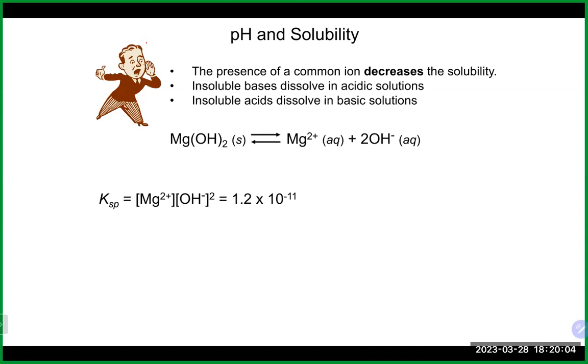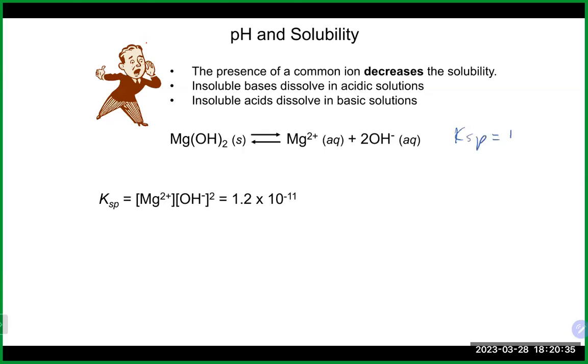pH and solubility. The presence of a common ion, as we saw, decreases the solubility. When we have insoluble bases, they typically will dissolve in acidic solutions. And if we have insoluble acids, they will dissolve in basic solutions. So the pH is an important sort of factor as to whether or not you might see something precipitate or not. So for example, if we look at magnesium hydroxide here,